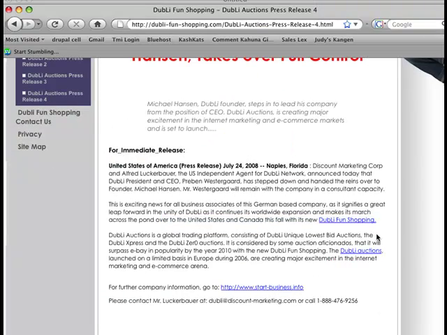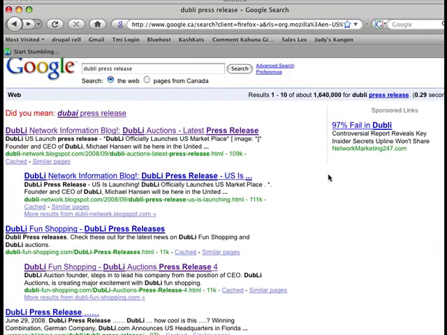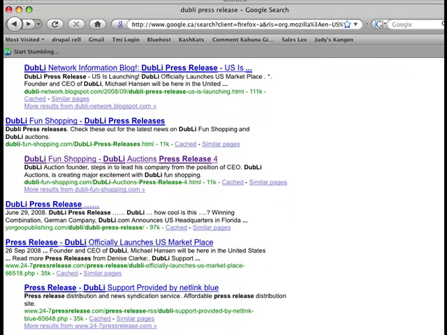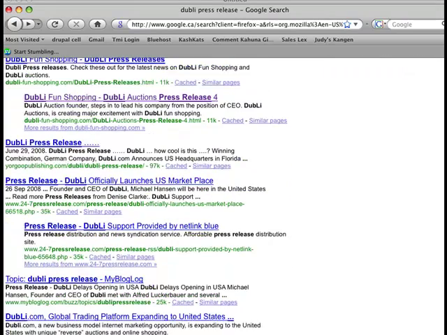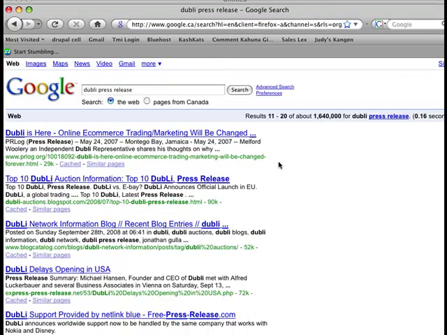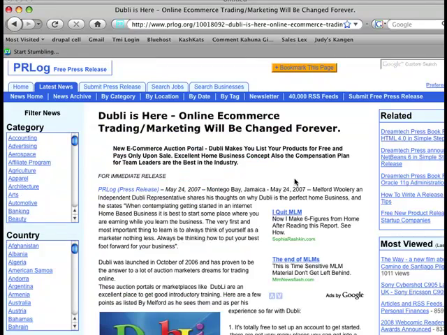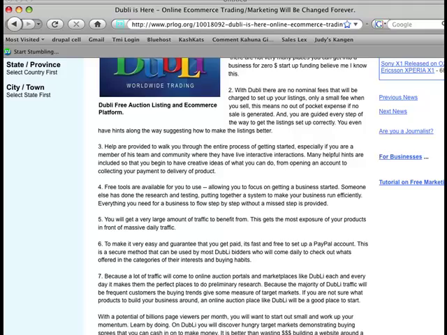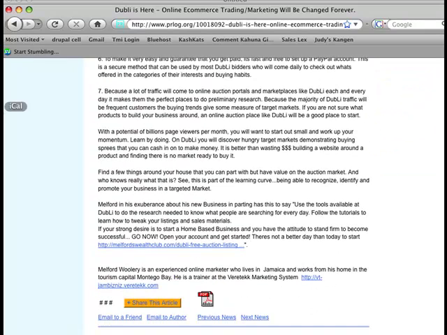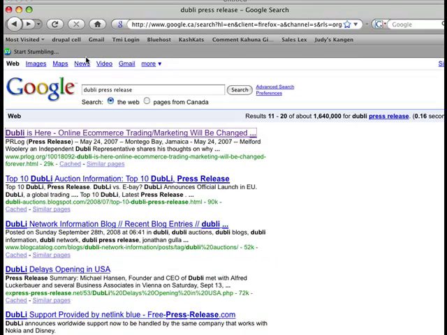Let's go look at other press releases to see what they've hyperlinked, because this is kind of silly because people wouldn't really type in Doobly Fun Shopping, but that's just her domain name. Okay, so do not hyperlink your start business info. It's better to go for a keyword. Okay, so let's scroll down here, and let's go to the next page because we want to find other varieties of press release. This one is in May, and it doesn't look like they've added any hyperlinks. Okay, what if